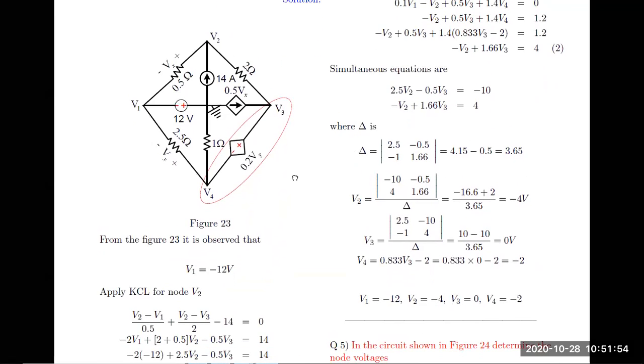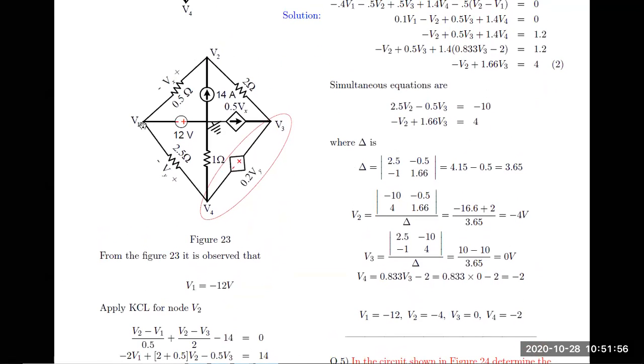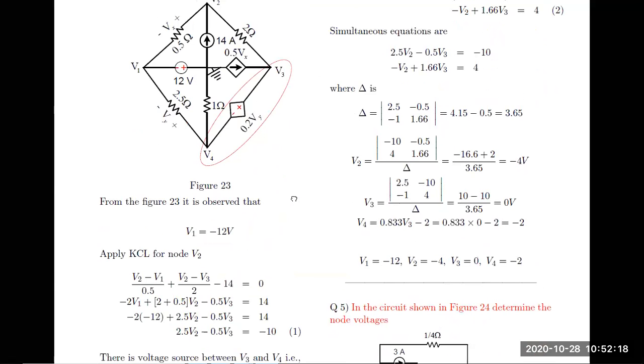KCL for... And also V1 is given as minus 12 volts, directly given. The polarity is minus here; with respect to this, I am measuring. This side is negative. So V1 is equal to minus 12. Next,